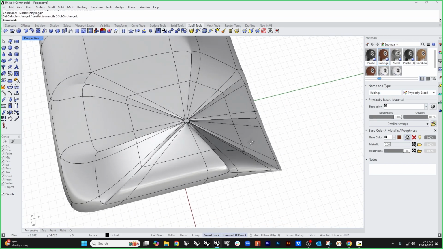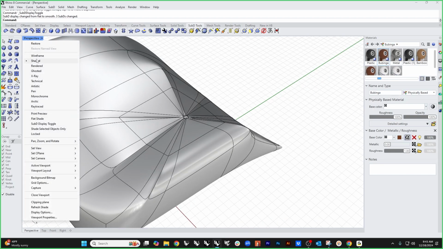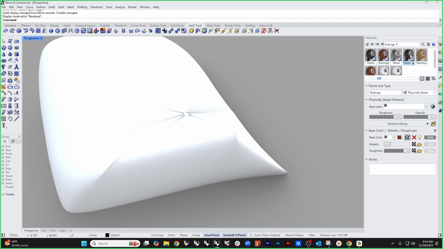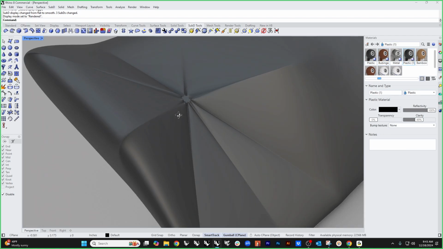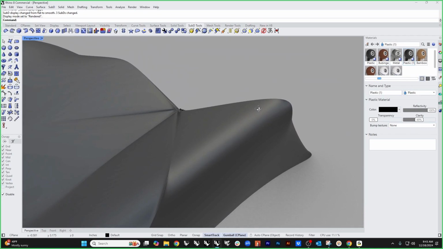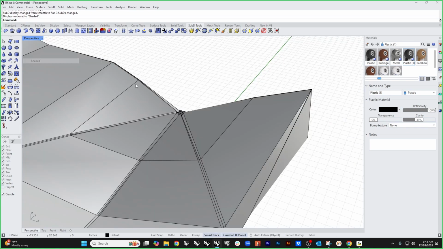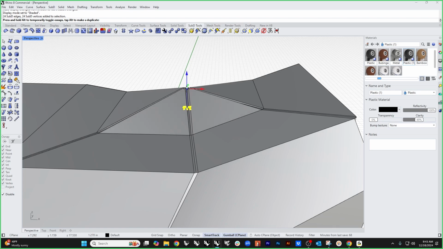And then when I go to box mode or smooth mode, you can see that we've got some wrinkles in there. Now, the wrinkles are a mess, and we need to adjust all of this so that it's not terrible. So let's fix that. If we go to shaded mode and we grab this and we pull this back